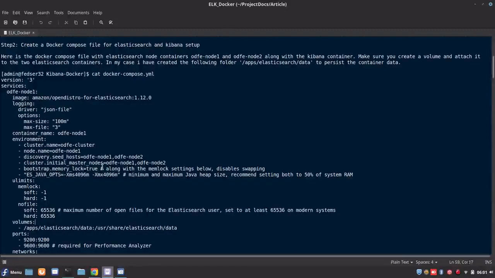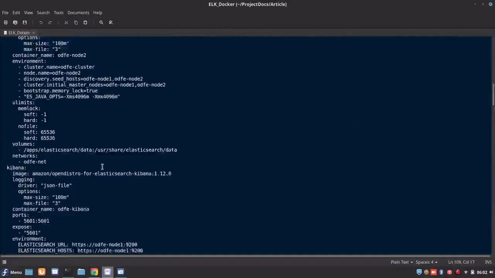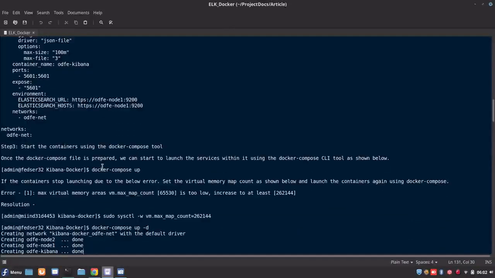So let me go into my documentation again. We have created our Docker Compose file and brought up our services. One thing I want to mention here is, in case you are not able to start up the services and you get the following virtual memory map error, you should set the parameter vm.max_map_count to that value, so that you will not get that error once you restart the services.